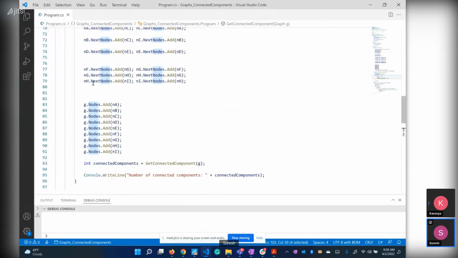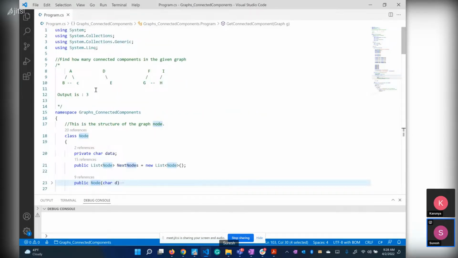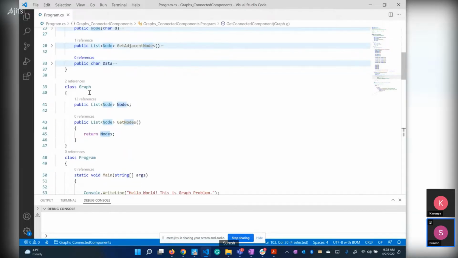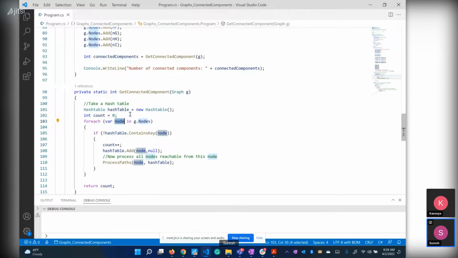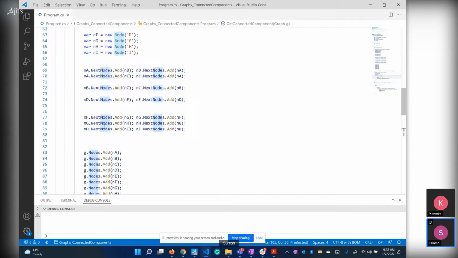Next node from graph is D. No, first it gave you A. The graph contains all 9 nodes. First time you got A. Yes. Second time you got,